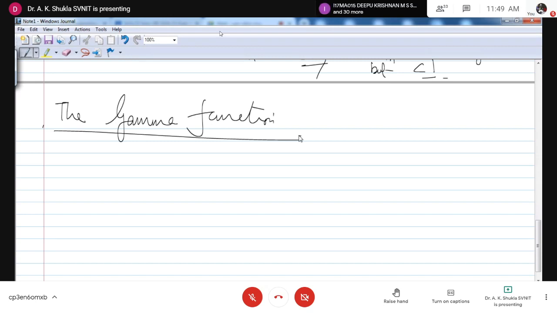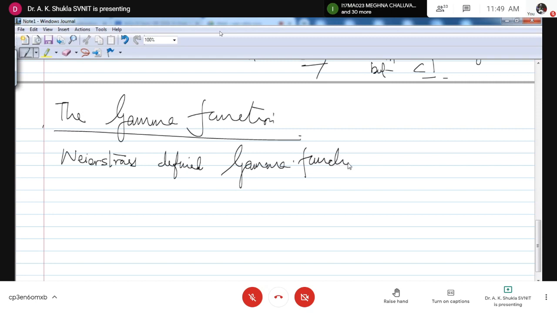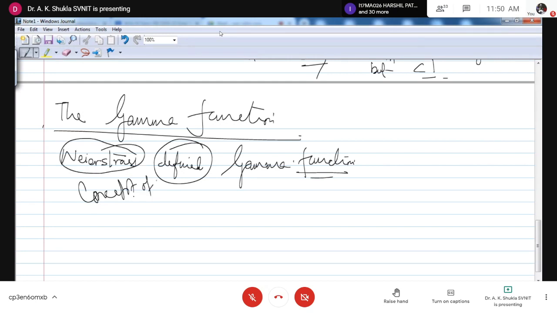And this definition was given by Weierstrass. So basically, this is the concept of Weierstrass, who was a great German mathematician, who defined the gamma function as